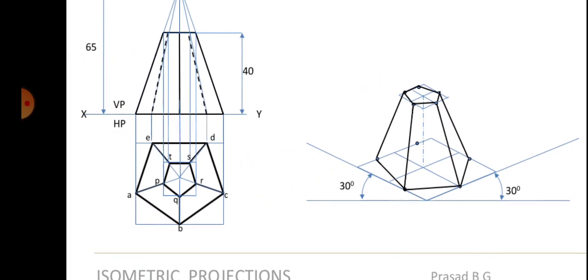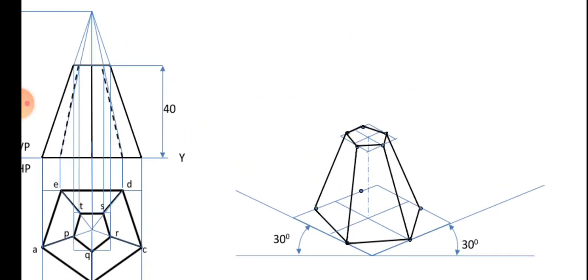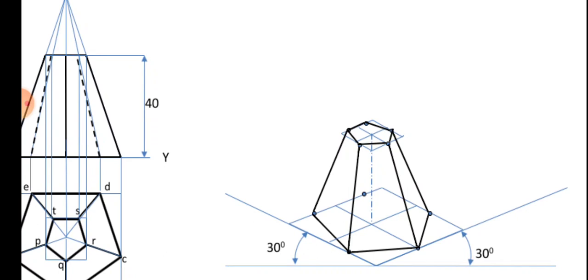So in the next video what we will do is I will take some of the question bank problems, because there are combinations of solids, where one is placed over the other, so you may not actually understand how to place it. Actually the logic is simple. Same base you are taking, whatever drawing. For example, if something has to be placed on top of this, you will take the top face as the reference. That's all. You will consider this as the base. With respect to that, you will place one more object on the top.